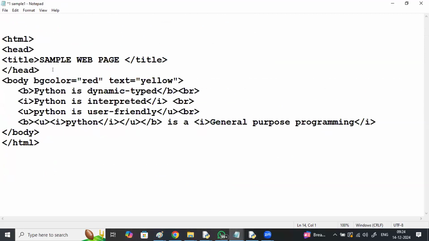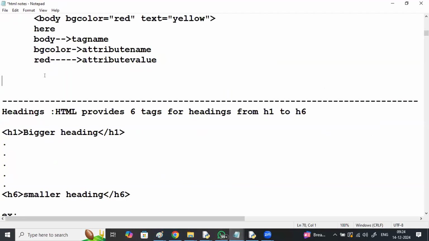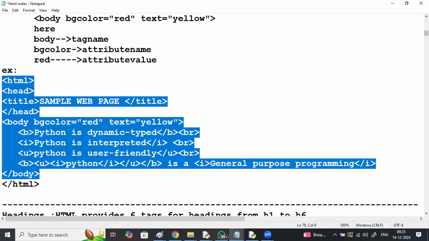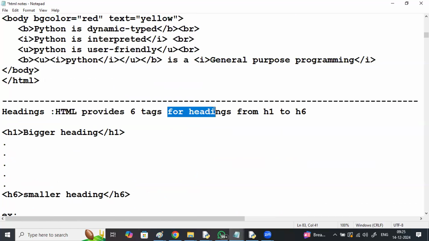Okay, next we have headings. I'm talking about the font. The font is too small, but I want one second. Example. Now, headings. HTML provides 6 tags for headings from H1 to H6. H1 will be the biggest heading. H6 will be the smallest heading. From H1 to H6. For example,